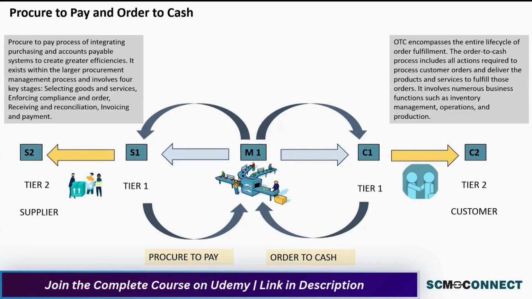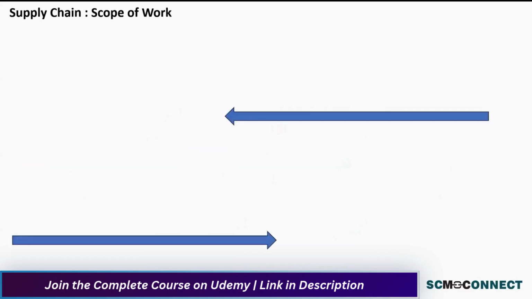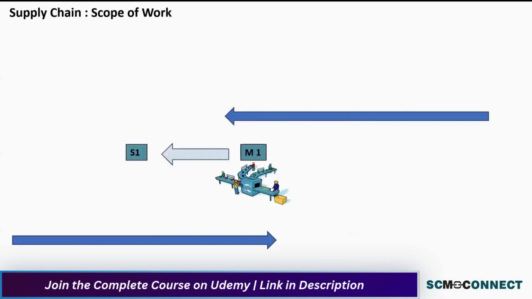And then similarly, on the right hand side, on the downstream side, you have order-to-cash cycle, O2C cycle. These are very prominent, standard terms in all the ERP systems: P2P and O2C, procure-to-pay and order-to-cash. Whenever we are referring to procure-to-pay, the manufacturer is dealing with the suppliers. Whenever you see or hear this term, O2C, order-to-cash, the manufacturer is dealing with the customers. Right? So these are very standard terms.